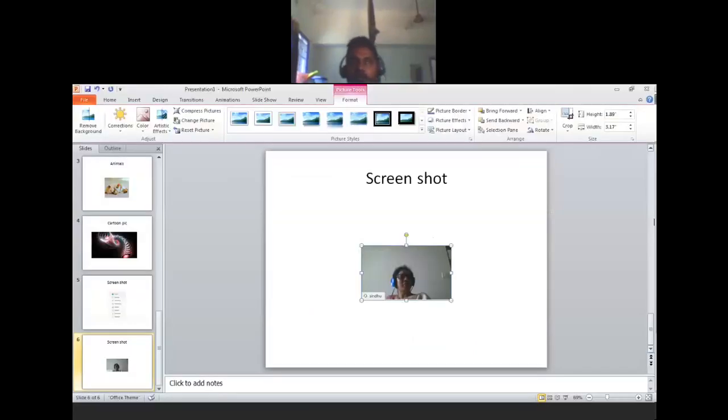That means just open the PPT, then minimize. Behind the PPT is whatever screen you have, and from that screen you want to take some kind of screenshot. After that, come back to the PPT, go to Insert and insert screen clipping. It will go back to the same screen you minimized. From there cut the portion you want, and as soon as you cut it, that portion comes automatically into your PPT.